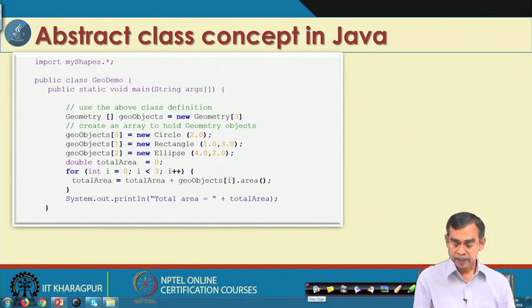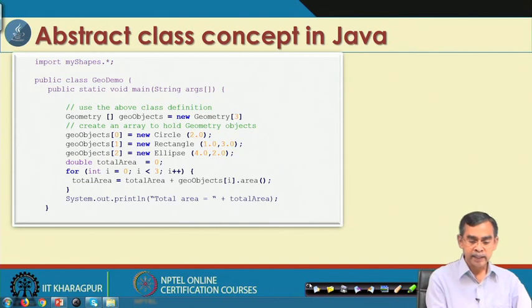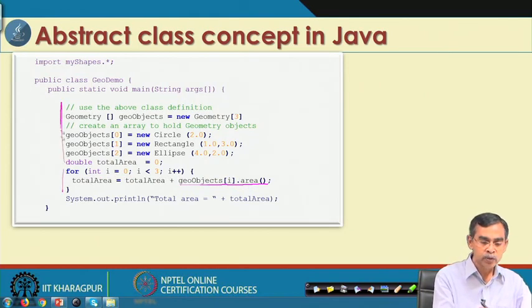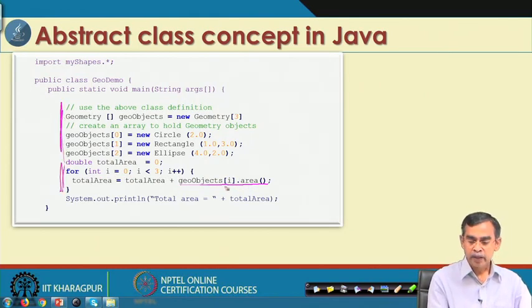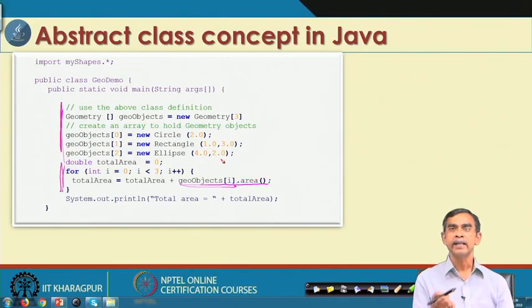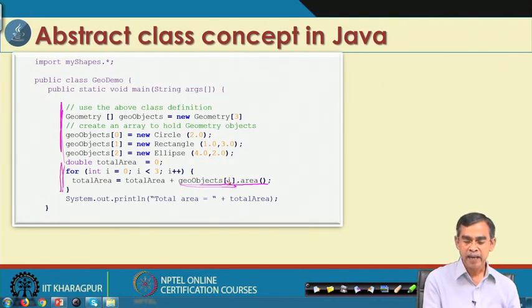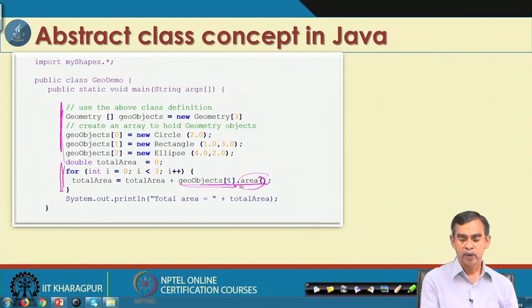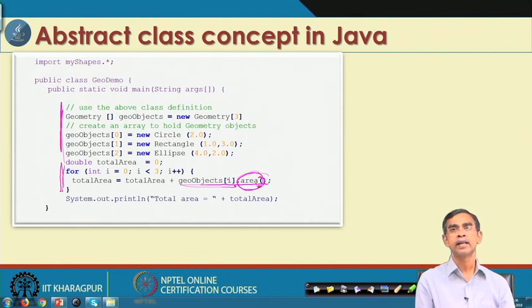Now, a few things are very important to note here. Consider only this code: geo objects i dot area. Whenever the loop runs, it binds itself to the area corresponding to the object. Whenever i equals 0, this area binds to the circle object. Whenever i equals 1, this area binds to the rectangle object.